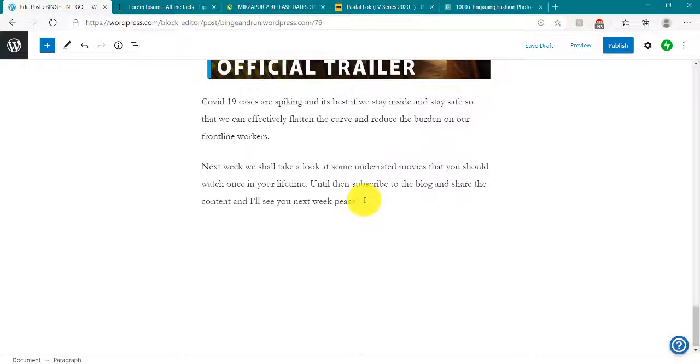And also what we want to do is link it to other articles in our blog as well, so that a person moves from one article to another, so that they are spending more and more time inside our blog. So let's see, we shall take a look at some underrated movies that you should watch in your lifetime. Now, let's add a line.